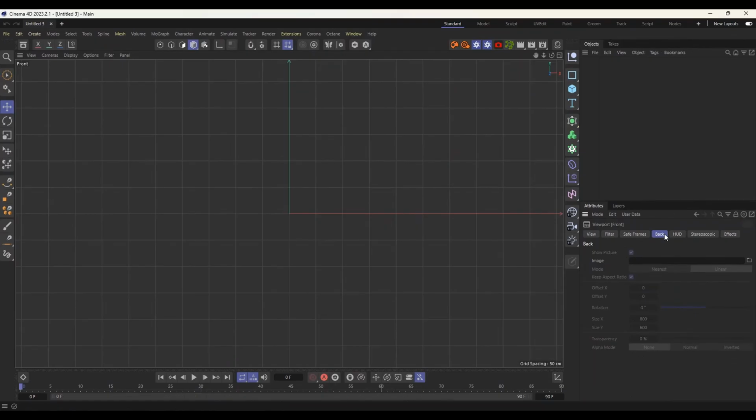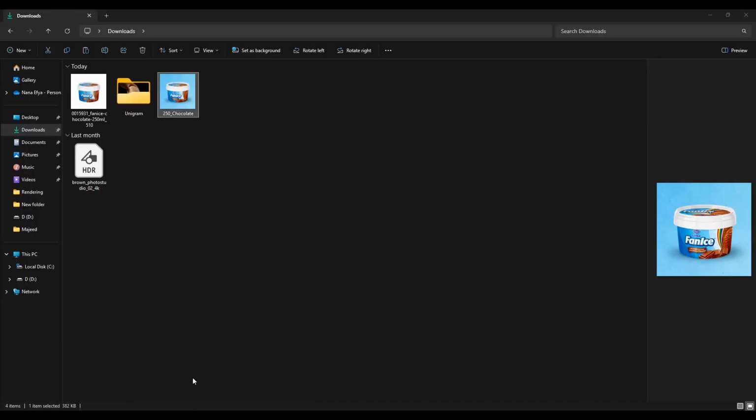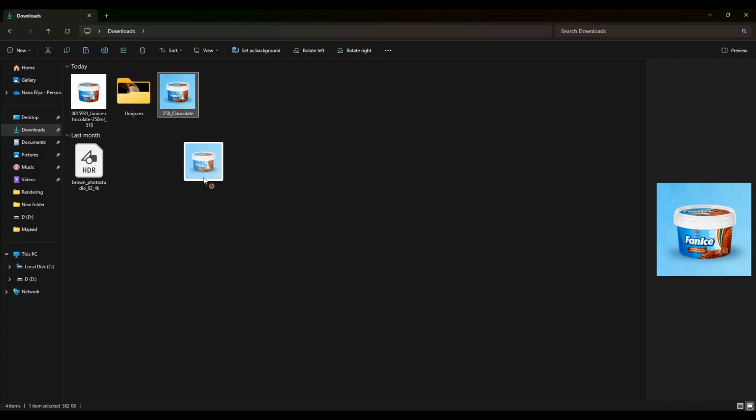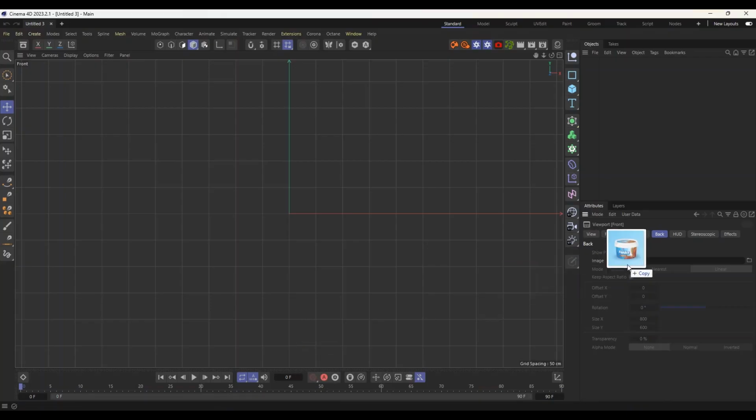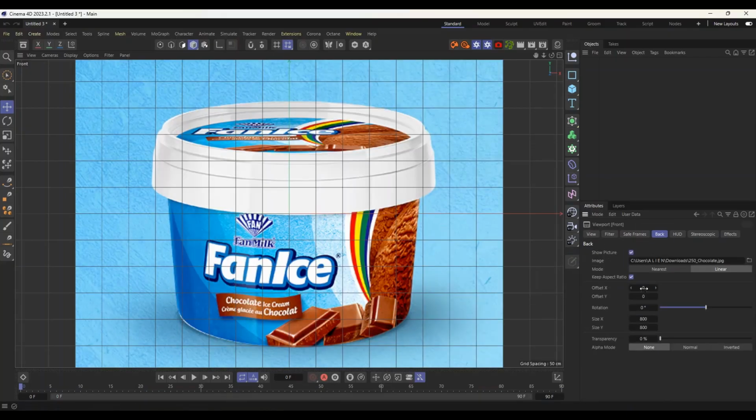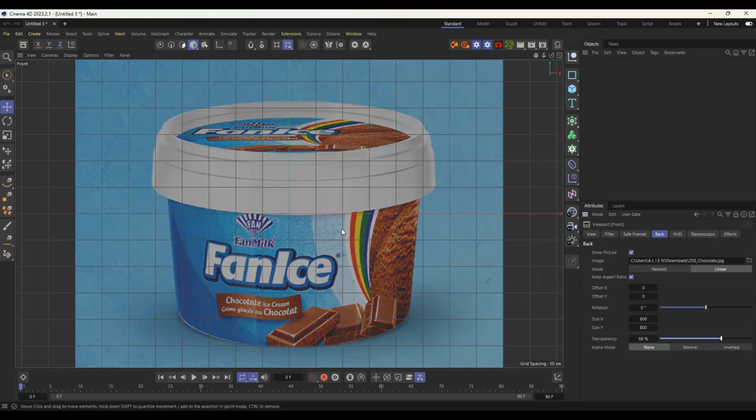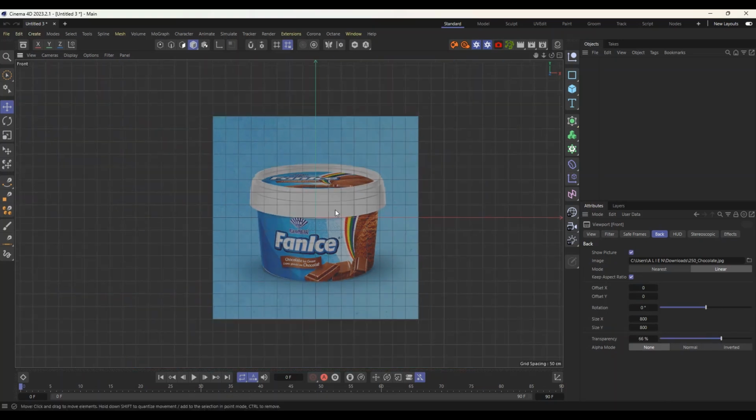When you click on back, you either click and drag the reference image into this space, or click on the folder icon here and it will take you to your file explorer to search for the image wherever you've kept it. And so I would like to click and drag mine. Click, drag, and drop it. Now I will reduce the transparency, and then we are going to achieve this shape of the container